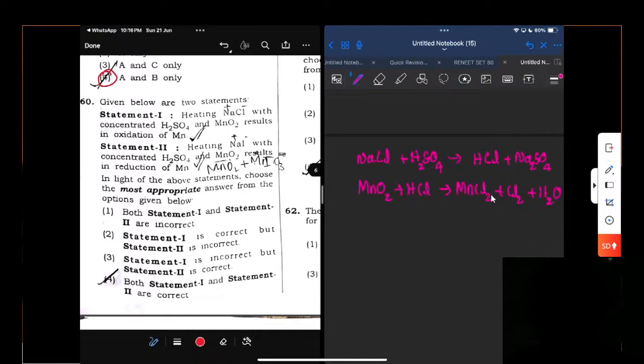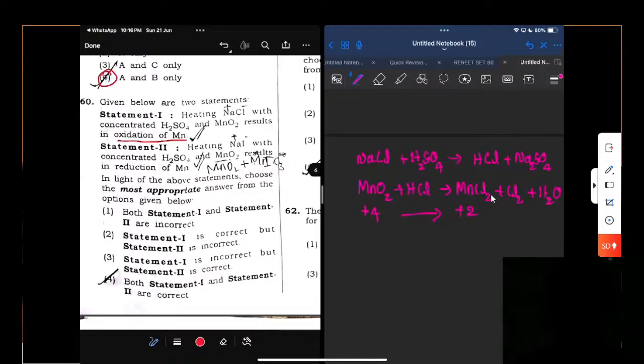H2O. Here MnO2 is reduced from plus 4 to plus 2 oxidation state. Reduction is taking place. But what is mentioned in question number 60? Oxidation of manganese is given. Oxidation of manganese is not taking place; reduction of manganese is taking place, from plus 4 to